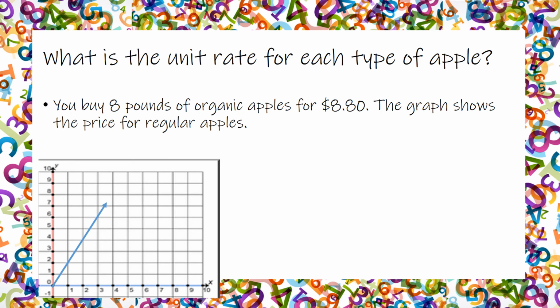What is the unit rate for each type of apple? So you buy 8 pounds of organic apples for $8.80. Then the graph shows the price for regular apples. So the first thing we see is that you can buy 8 pounds of organic apples for $8.80. So we're going to find the price